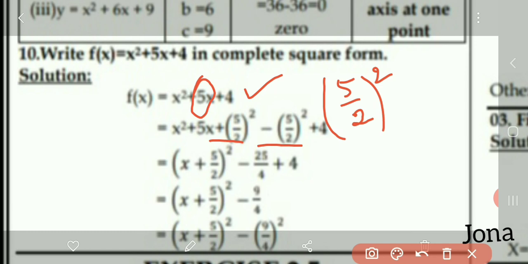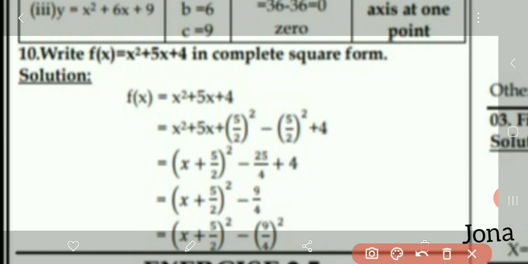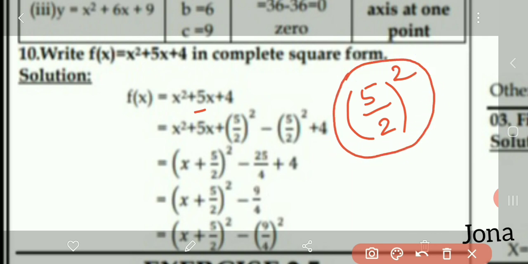Now just compare this equation here. x square and x square is given. 5x and 5x is there. And then I want to add this 5 by 2 the whole square, and we want to subtract this 5 by 2 the whole square. Here already the 4 is there, so keep the 4 as it is here. Okay, what I took there: take the coefficient of x, that is 5, divide by 2. For every problem we have to divide by 2 only. And then take the square of this number, that is 5 by 2 the whole square. I want to add and subtract this one to the given equation.